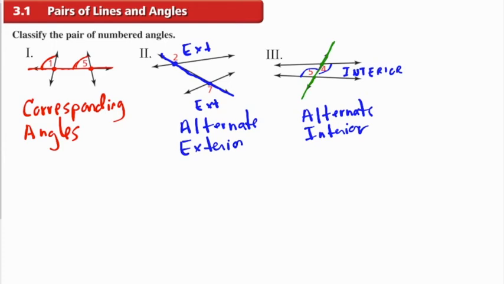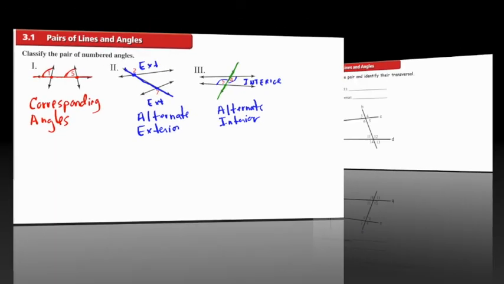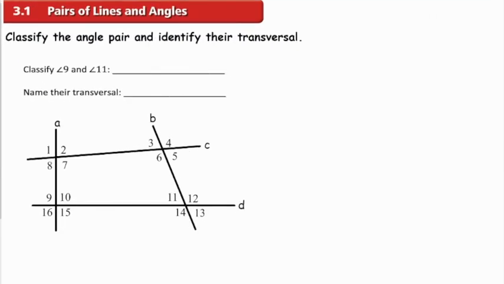So that was identifying angle pairs that were given to us, and it requires a little more analysis. So in the last type of problems that we will see, we have to classify an angle pair and name their transversal. So let's find angle 9 and angle 11, 9 and 11. And we want to find the intersection by both of those angles. And we say which line goes through both of those. That line will be our transversal. And now that we've identified our transversal,